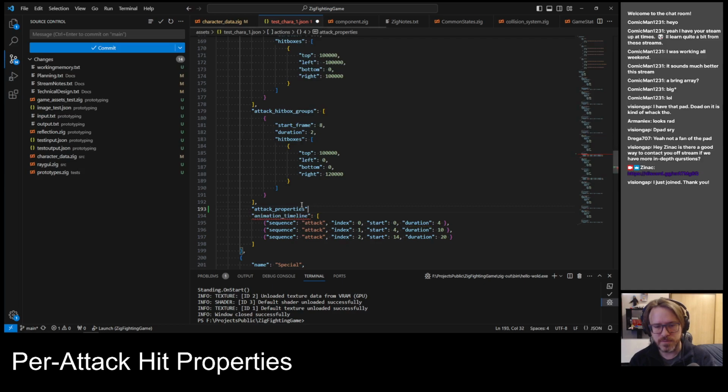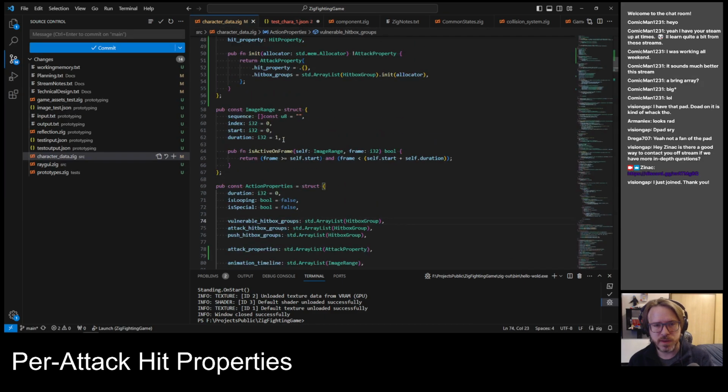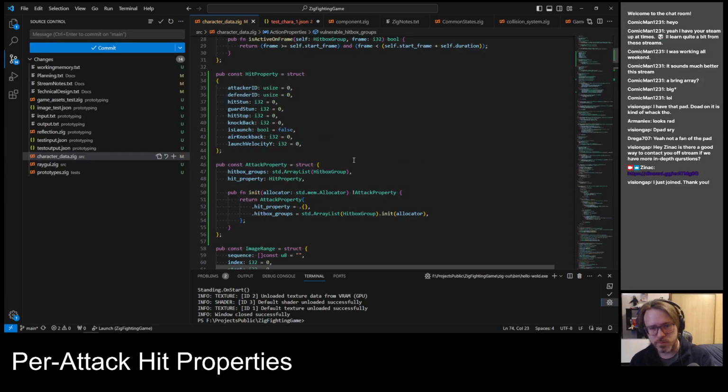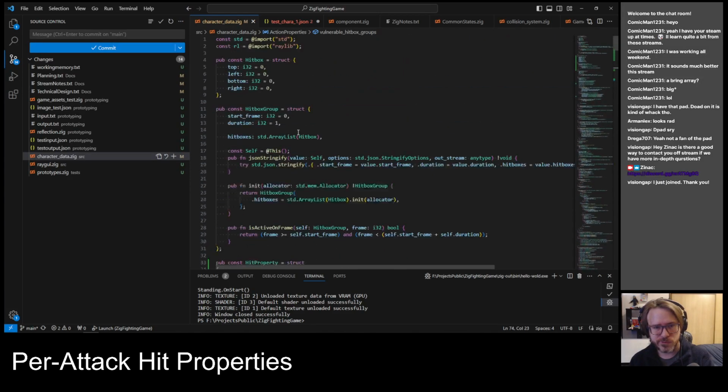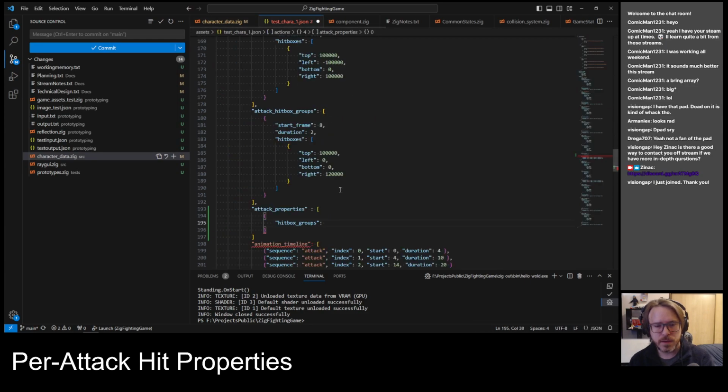Okay, that's our new field, and it's an array, and then each struct has its own fields. First one being hitbox groups. Is that the name of the group? We named it, yeah, hitbox groups and hit property. So hitbox groups is going to be an array, and also hit properties,